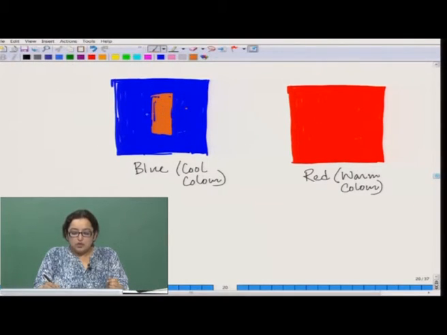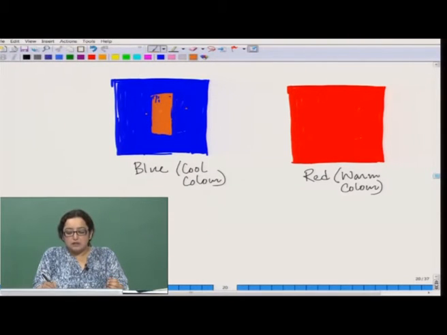So, at the edge of blue and orange, our eye develops certain fatigue, and it does not want to stay there for too long. So, that is the reason we do not really look at it for a longer time. So, it will give us a flickering effect. We will see this part will look much more shiny.